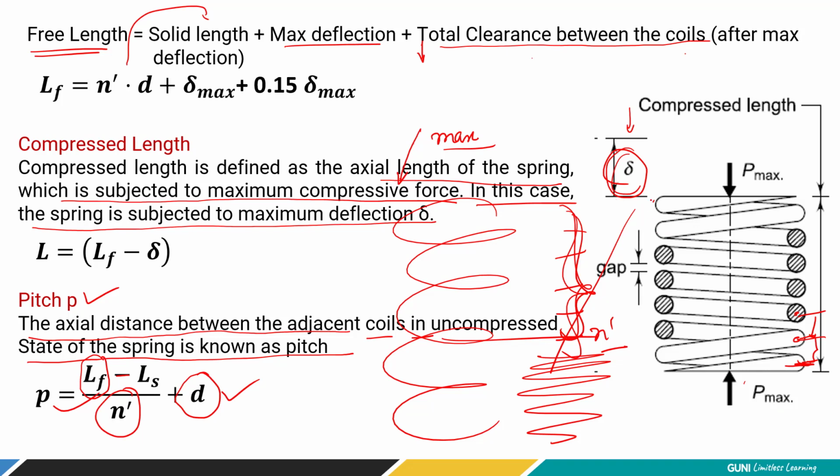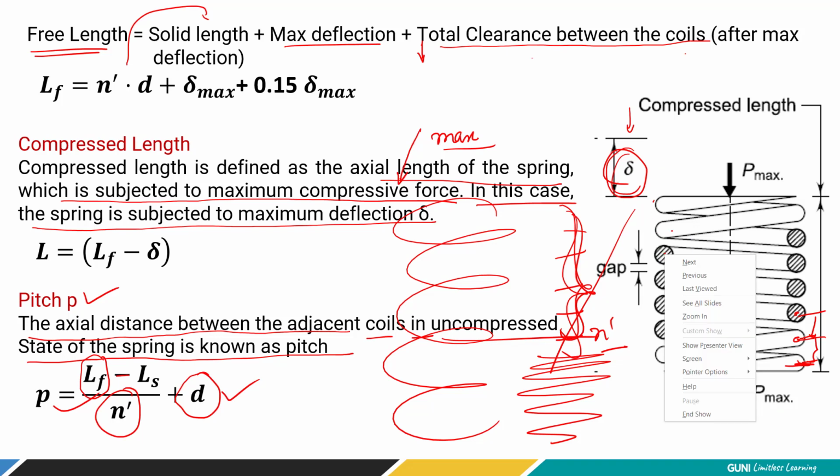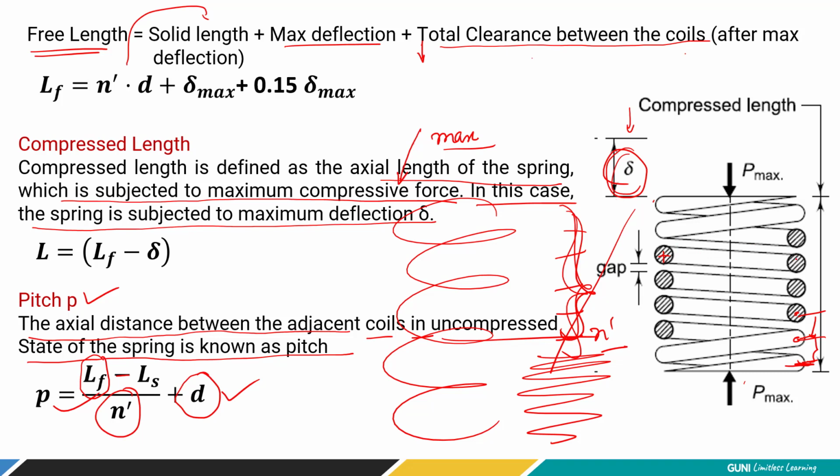So here, what is mean diameter? Let's take the center. This is the center, and again this is the center. Mean diameter is nothing but the average of the outside diameter of the coil and the inside diameter, right? This is the inside diameter, DI. Same way I can take the outer diameter. The average of that is the mean diameter. We are going to call it mean diameter, say DM, or simply it is denoted by D in the reference book. So this mean diameter, perpendicular to the spring axis from center to center, divided by the wire diameter, meaning this diameter, right? So capital D by small d.